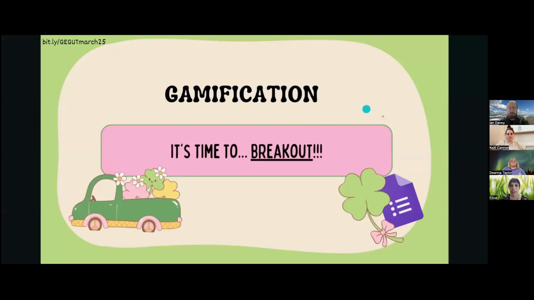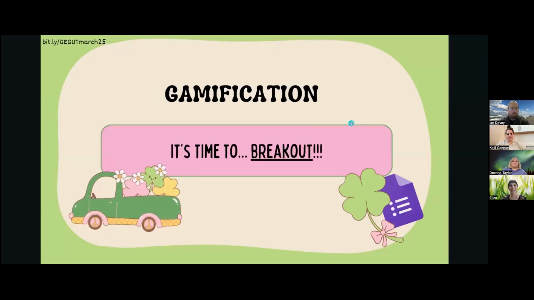So speaking of gamification, it is time to break out. So in this last little section, I'm going to show you how to create an escape room with a Google form. And we're going to start by just going through one as it looks like for a student. So as a group,